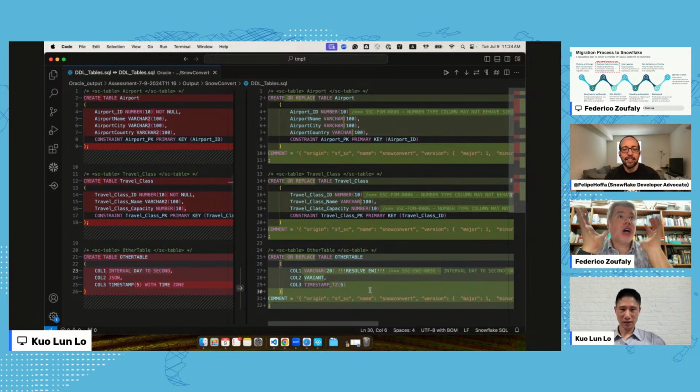But if you do not provide all of the context to SnowConvert, and this is why it's so important to look at all the dependencies and make sure that all of the dependencies are included. Otherwise, I can change this to a varchar, but if the procedure that actually uses this column is not converted, then the conversion of that procedure alone is not going to be as good, right? So it's important to migrate everything at the same time.